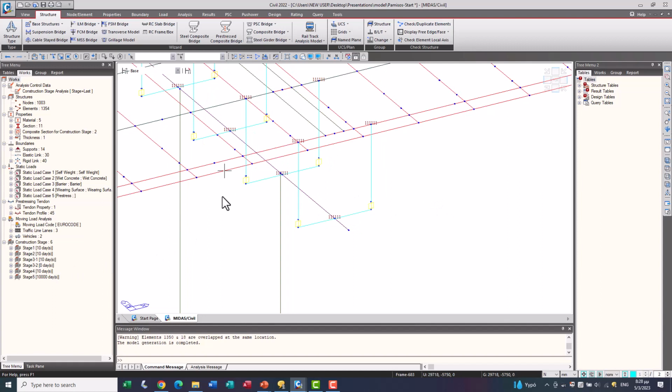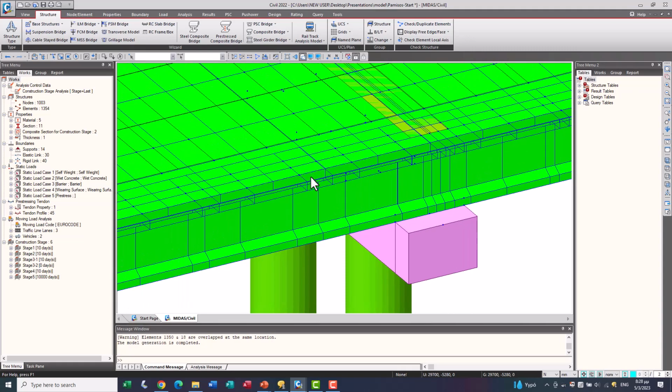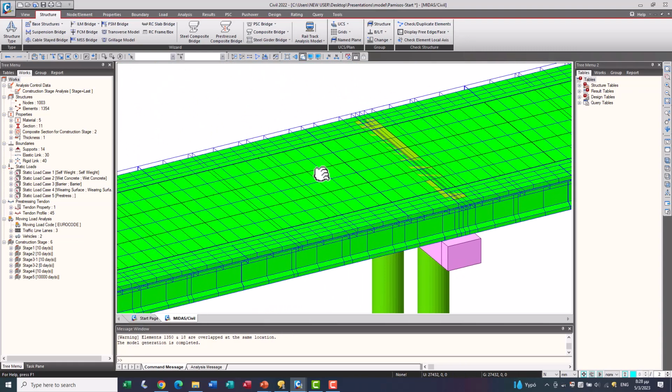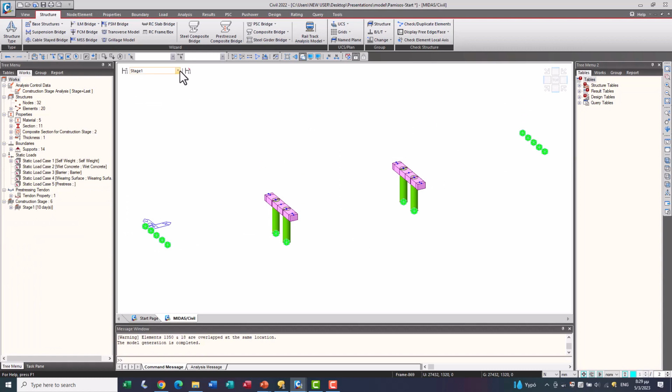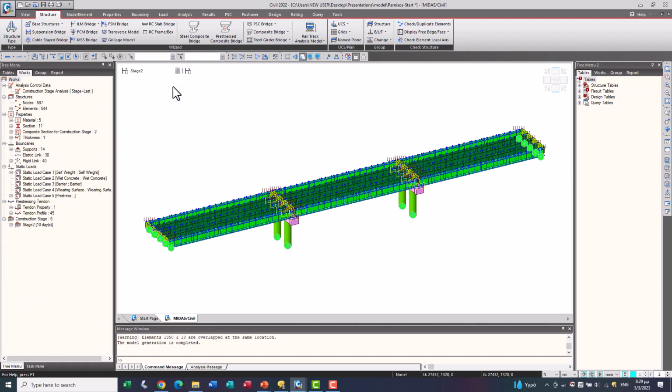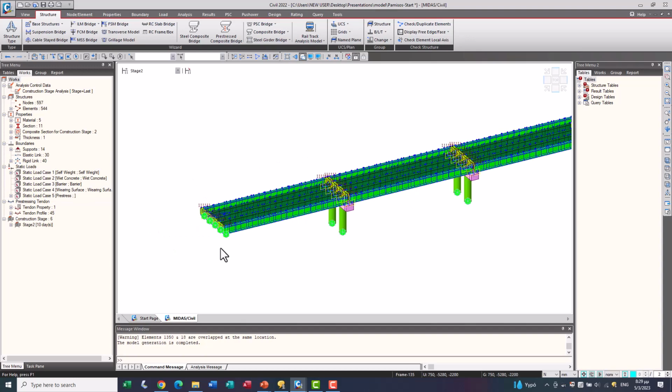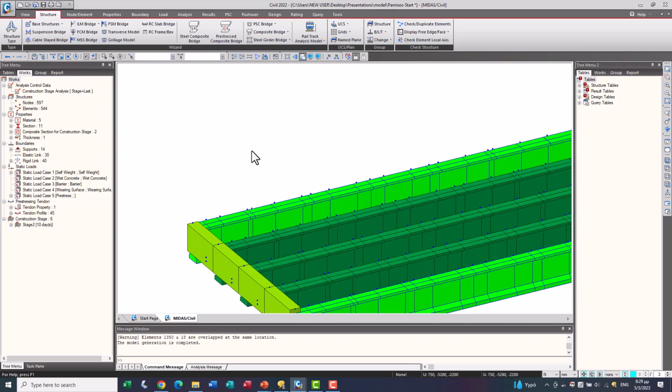Also, construction stages have been applied. You can check this is stage 1, stage 2. You can see that there is a slab activated.